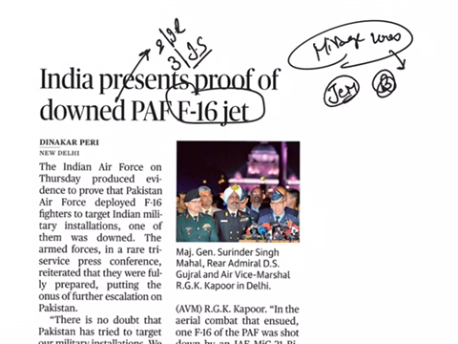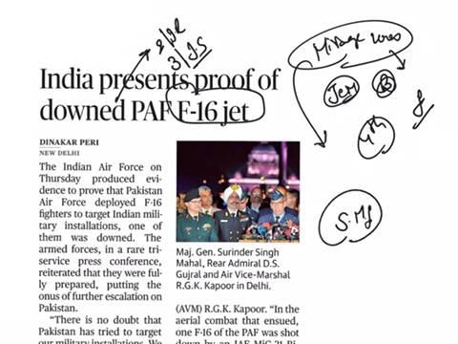So now, what is this F-16 jet and what is the difference between this Mirage 2000 and F-16? This Mirage 2000 is a single engine 4th generation aircraft manufactured by the Dassault Aviation Company of France, whereas this F-16 is a single engine supersonic multi-role fighter which was manufactured by the General Dynamics, which is now known as Lockheed Martin for the US Air Force.